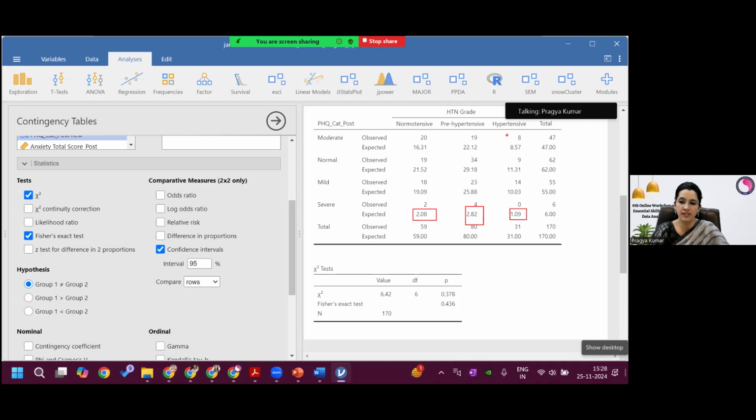So in this case, you have got two options. Classically, since the Fisher exact option was not there,